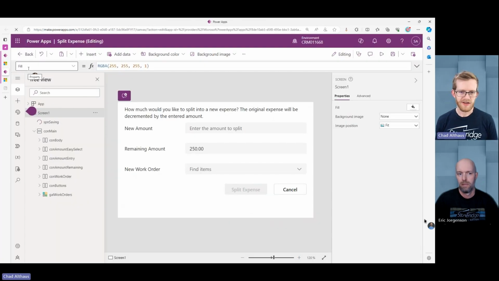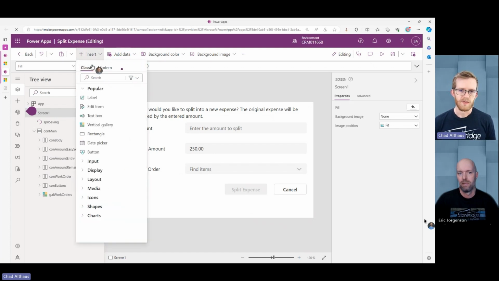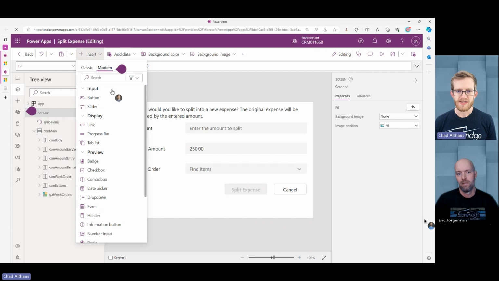I'll show you the editor here. This is the custom page editor. It looks like a Canvas app because it essentially is. Custom pages have some small differences, but they ultimately are designed to be embedded within the model-driven applications, and they feel just a lot more native than a traditional Canvas app. And one thing, like Eric mentioned, we're leveraging the modern controls. So if you go to Insert Controls, there's the classic set of controls, and we're using the modern ones. The modern ones allow it to look and feel just like the new look and feel in model-driven applications that